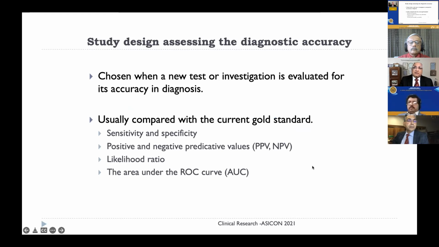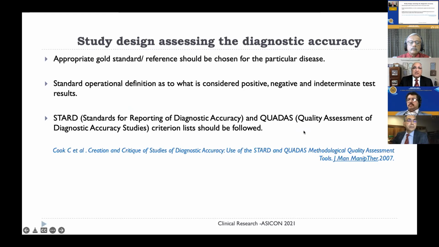Apart from these study designs, is there some other study? Test of diagnostic accuracy. You want to test a new test against a gold standard, where we see sensitivity, specificity, PPV, NPV, and all these things. This is done with the help of ROC when you are using a continuous variable. You have to have a gold standard and compare the present test with it and get all the values. If you find it has good accuracy, that means more than 90% sensitivity and specificity, then the test is valid and can be used for practice.